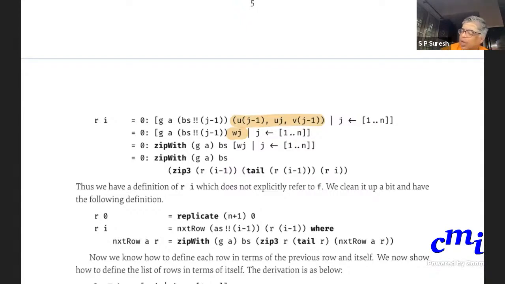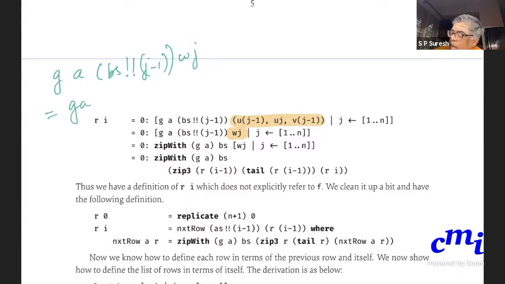So g of a, b as j minus 1, and wj is nothing but g applied to a, and the result applied to b as j minus 1 and wj.